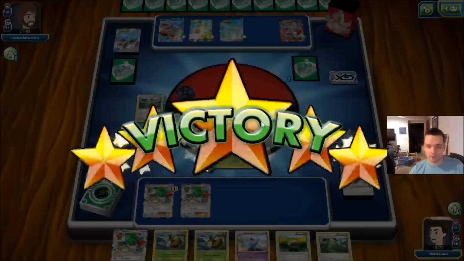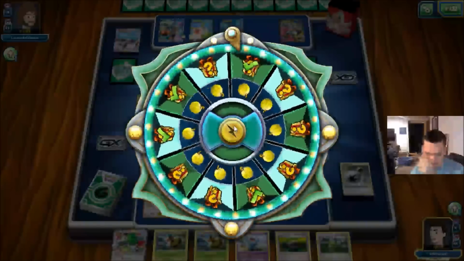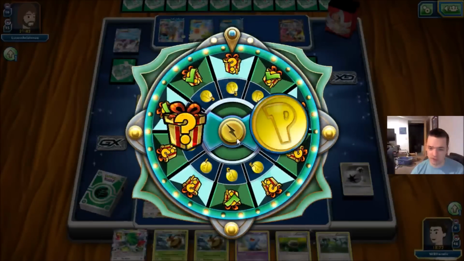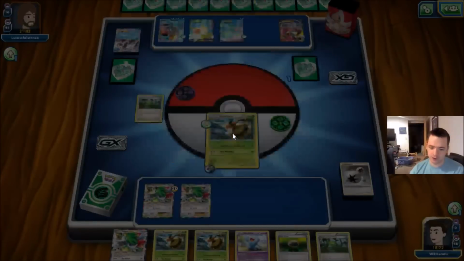We had a Vespiquen in the prizes. We still had 1 in the deck. Really just needed to get the Combee back. But, again, interesting to see. He hexed us twice to be able to keep himself in the game. Very good. But really, I think his big misplay there was we would have needed to draw into the Wobbuffet